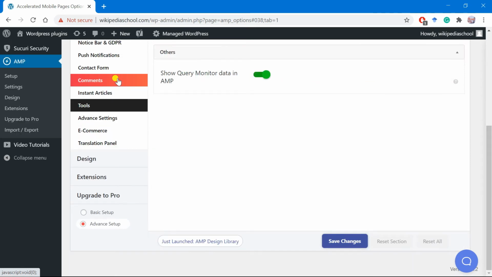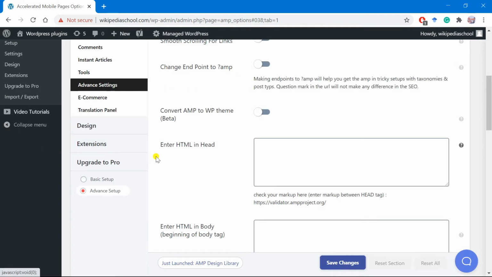Then comes the tools. If you want to show query monitor data in AMP, okay, you can turn it on or off according to your requirement. Then click Save Changes. Here comes the design,